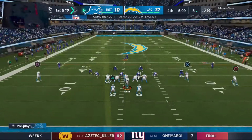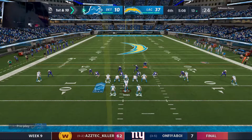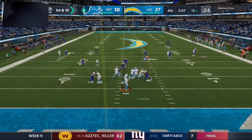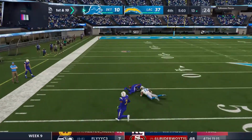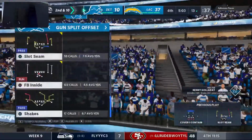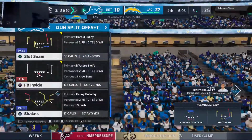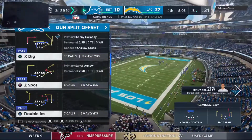From the 13 now, they work on 1st and 10. They'll try and start this drive in the air. Throwing deep for Galladay, and that will be incomplete. Would have been a big hitter if they had connected. Instead, it's second down. That incompletion is not a surprise with the way that this one has gone, and the